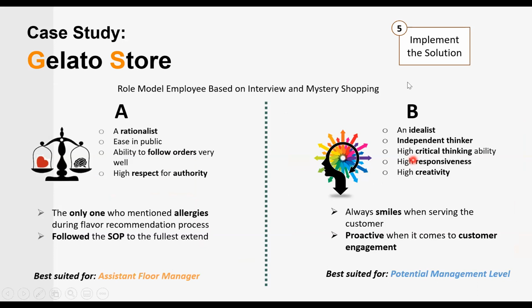Okay. The last stage, how do we implement this solution? So after we've done giving recommendation about how do we go around it, the first stage that we've given as a way to implement this is that we can start by helping them in order to increase the service by taking a look at who are the people that they can promote as the role model.